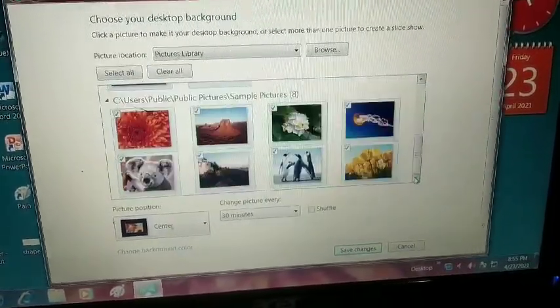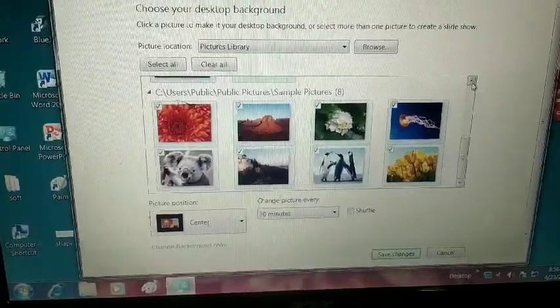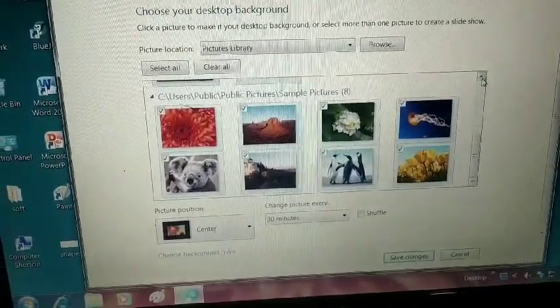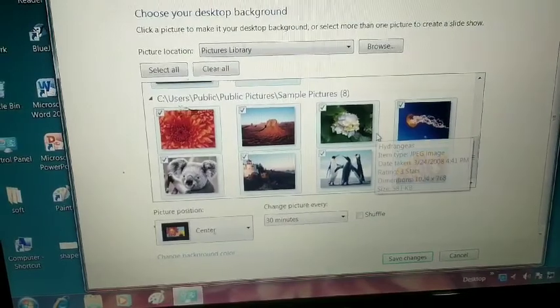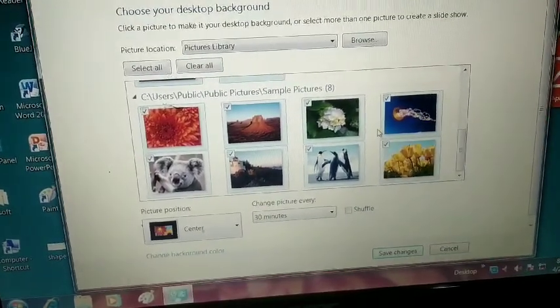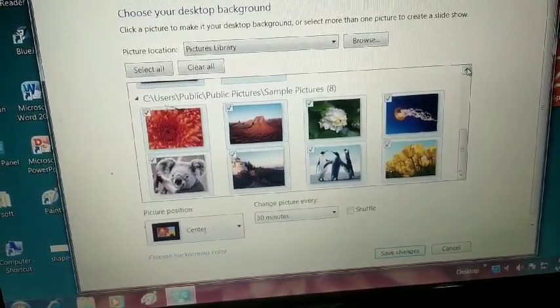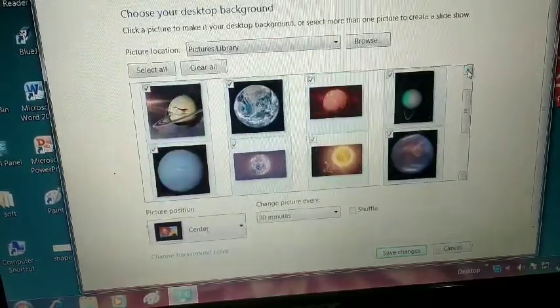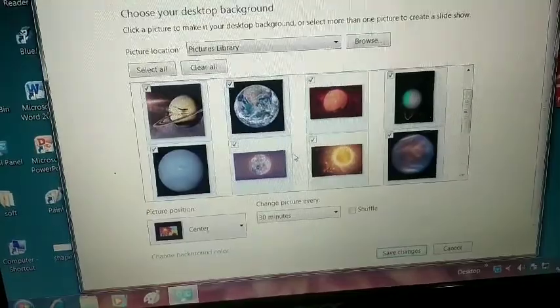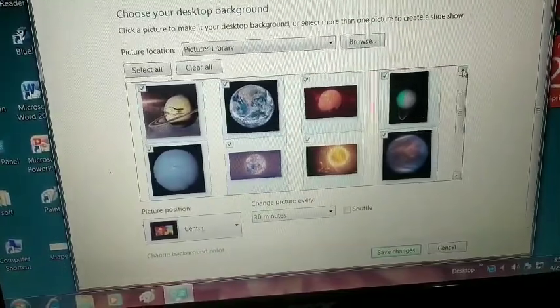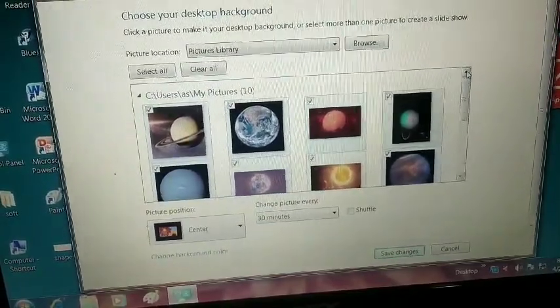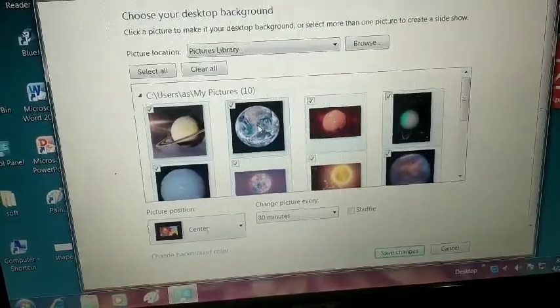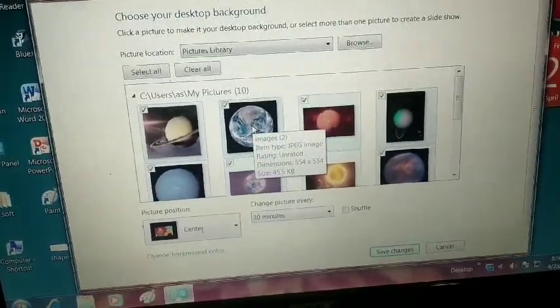The picture library shows you some sample pictures which are provided by the Windows operating system, and these are the pictures which I have in my computer system. Different planet pictures are there in my collection. You can set these pictures also as your desktop background.